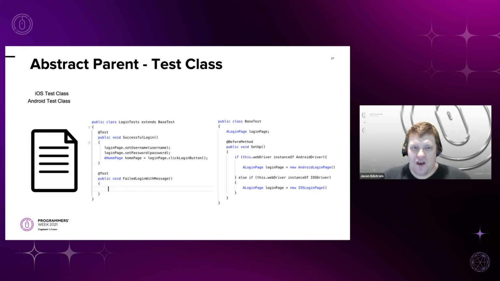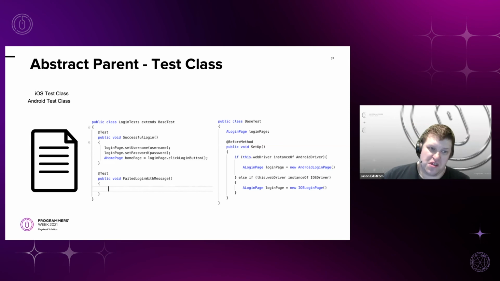So we get our abstract parent test class, where the primary test classes will consistently be the same as we've had before, where everything makes sense in terms of the readability of the test. You can kind of see what we're getting at. It almost has a simplicity, a real world language simplicity. Like on the login page, we're going to click the login button. So we're maintaining that still.